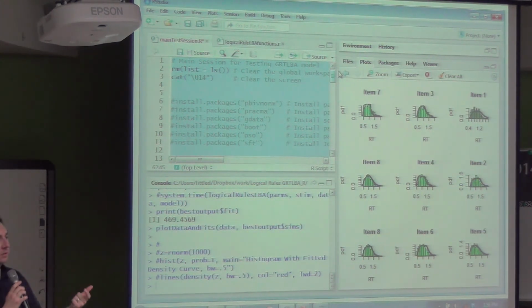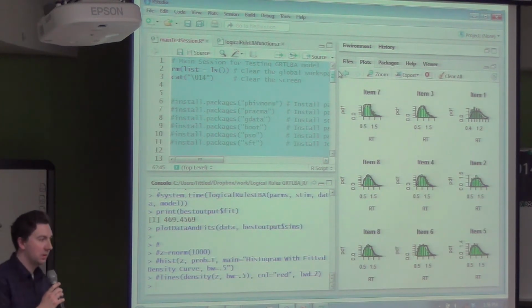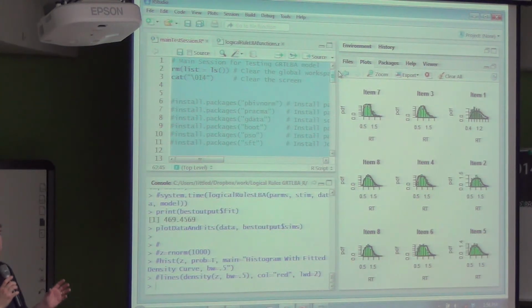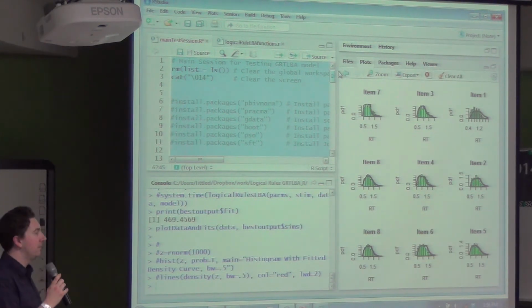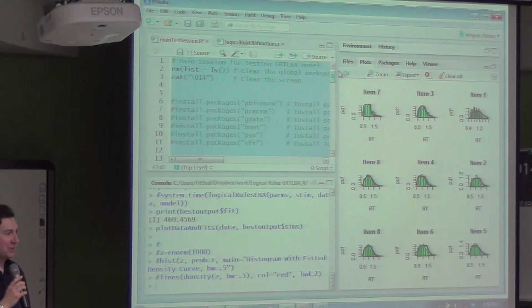So you get very clear distinctions between, if things are truly parallel, so if I generate the data from a parallel model, then it doesn't matter whether I use a random walk to try to pick up on the underlying architecture. It can tease apart and pull out the appropriate model. So there doesn't seem to be any effect of whether you're using a discrete sequential sampling model or a continuous time sequential sampling model. As you know, there's a huge debate in the literature about whether you need the type of within-trial variability that, say, the linear diffusion model offers, but the linear ballistic accumulator doesn't. That doesn't seem to make any difference for the type of questions that we're asking. Good. Excellent.